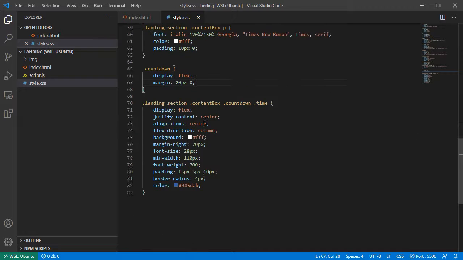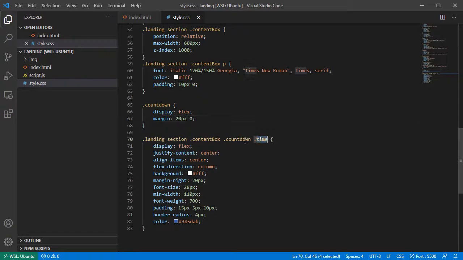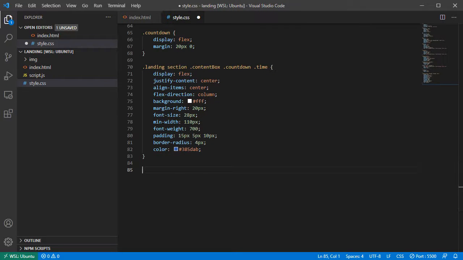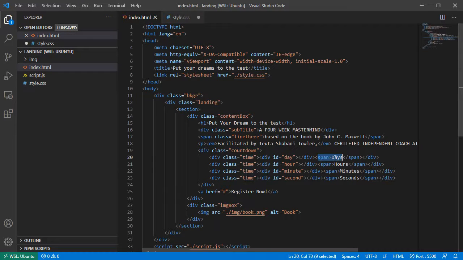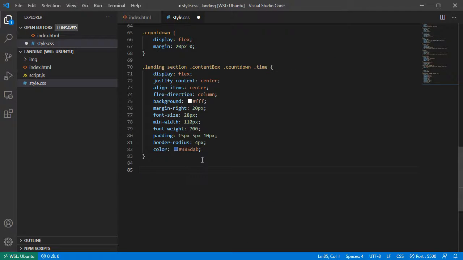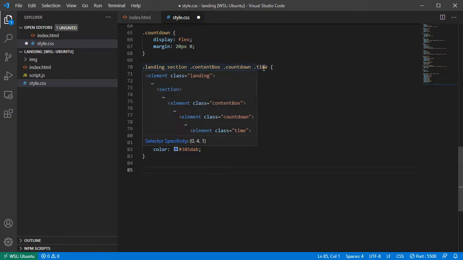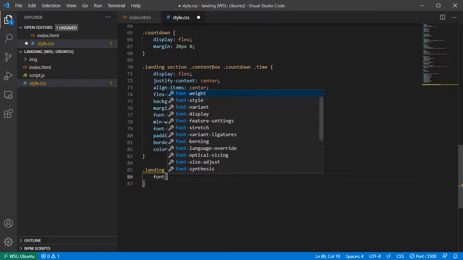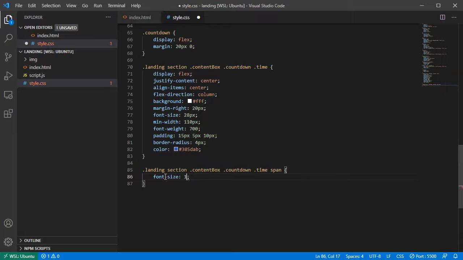So the time, okay, maybe this color is gonna go away, but let's see what's gonna happen next. Okay, next is the time span. Is the span from here, so I will copy the whole thing from here, paste it here, and I'm gonna have span, because span is in the title div. So basically here I'm gonna have just font size 15 pixels,